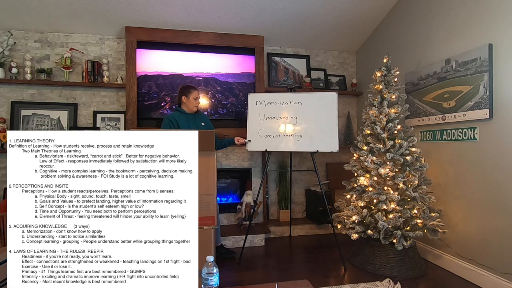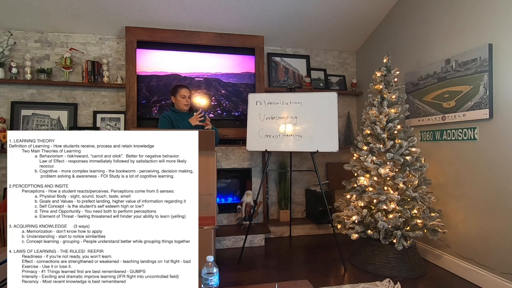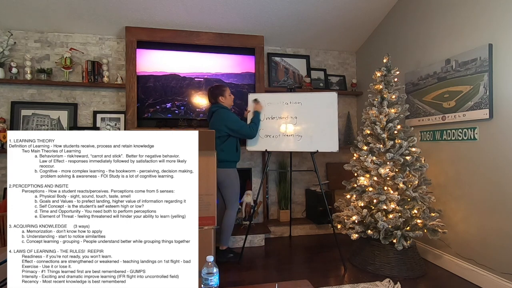An example of this would be a student taxiing out to spot 5, getting their ATC clearance to go VFR to the north. They might be all jumbled up because they don't know what to expect. Versus someone like me or you that's working on our CFI rating, we know what to expect. Okay, probably 1500, 35.3, squawk 03, whatever. So you put these concepts together and just build and build and build. So that's acquiring skill knowledge. Moving on to the laws of learning.